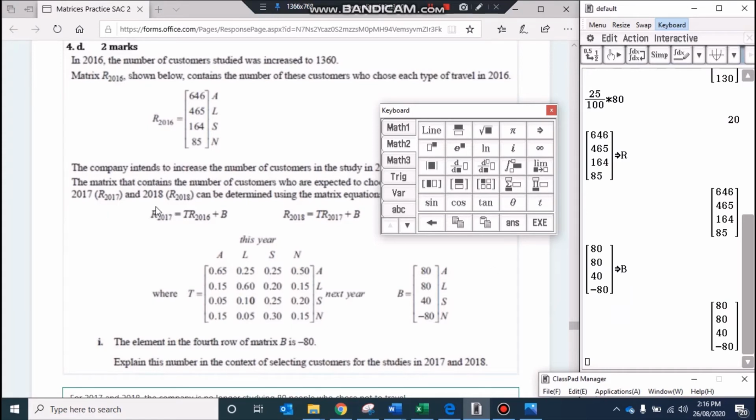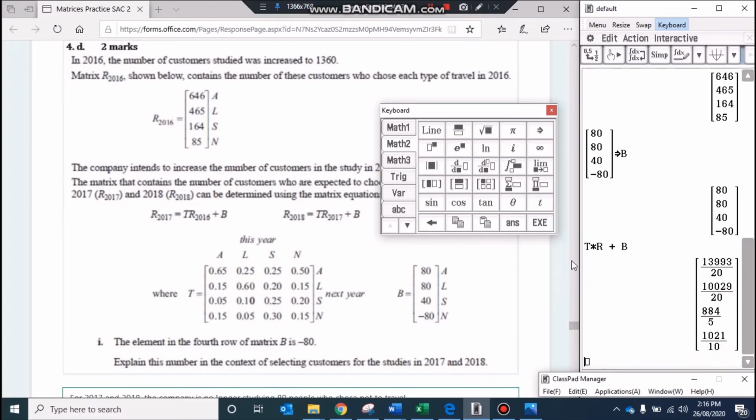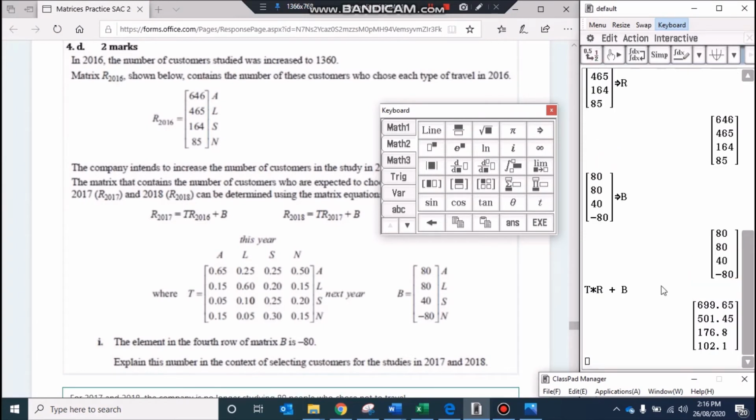Now we're just going to solve for R of 2014. We're going to need to go step by step in order to get to 2018. So to get to R 2014, it's T multiplied by our R matrix, the R 2016 one. We add matrix B. All right. Now,